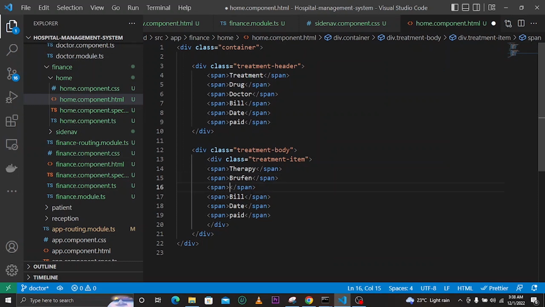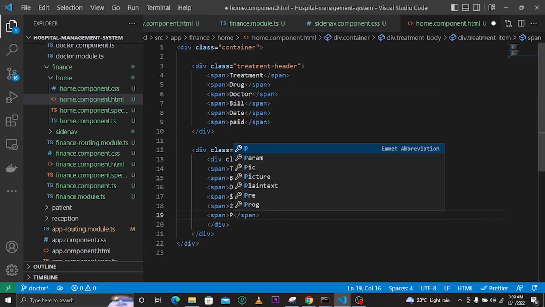Actually, I don't have a lot of terms for medical since I don't have their background. So I'll just add anything that is coming to my mind. A drug that was added, we'll say brufen. A doctor, we'll just say Dr. James, just like that. A bill, we can say a bill of, let's add like $200, and then the day can be